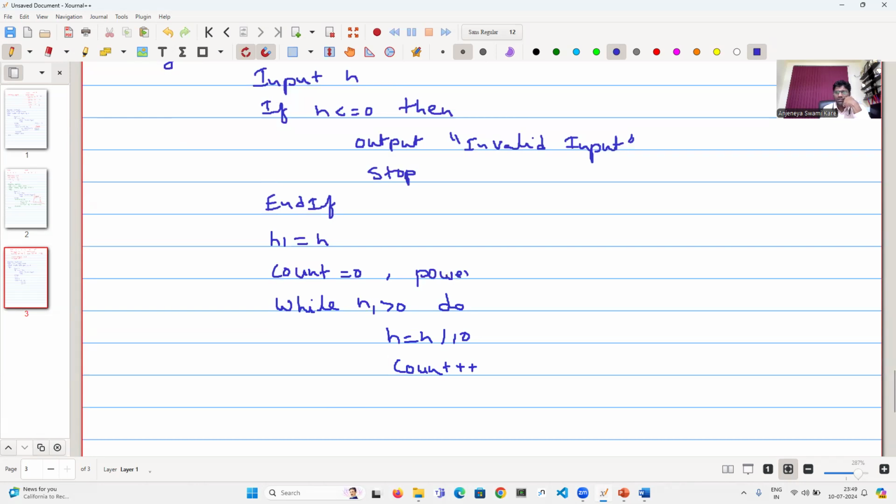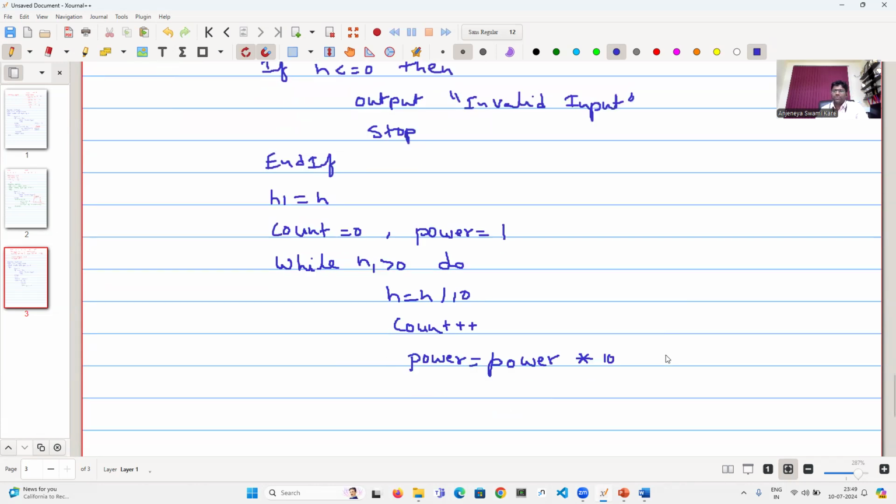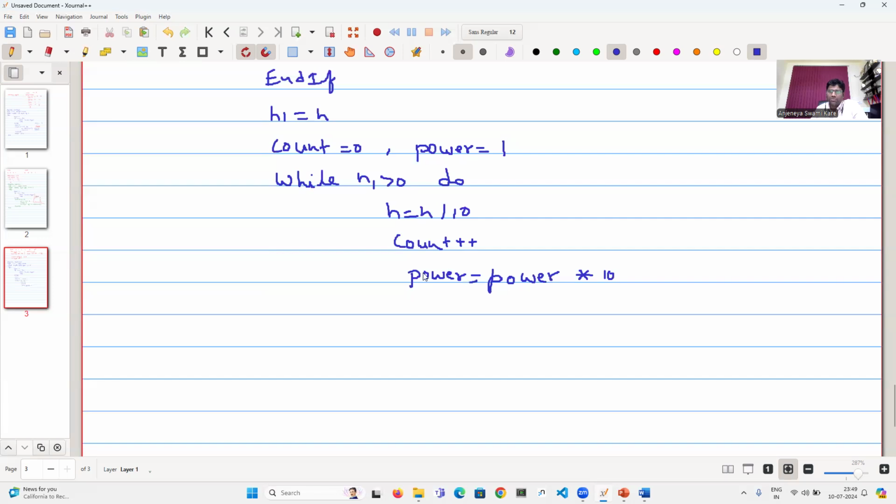Power is equal to 1. So power equal to power star 10. If this loop runs for 4 times, eventually the power will become